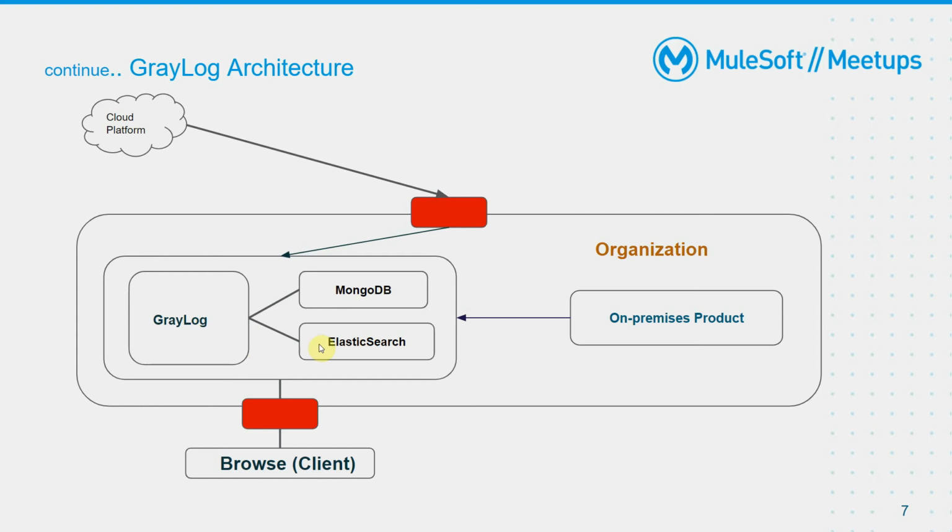So what we are doing right now is publishing our RTF data to Graylog. All the applications are deployed in my local environment. This is the runtime fabric, and this is Graylog. I am sending the data to Graylog from the online deployment of the RTF platform.